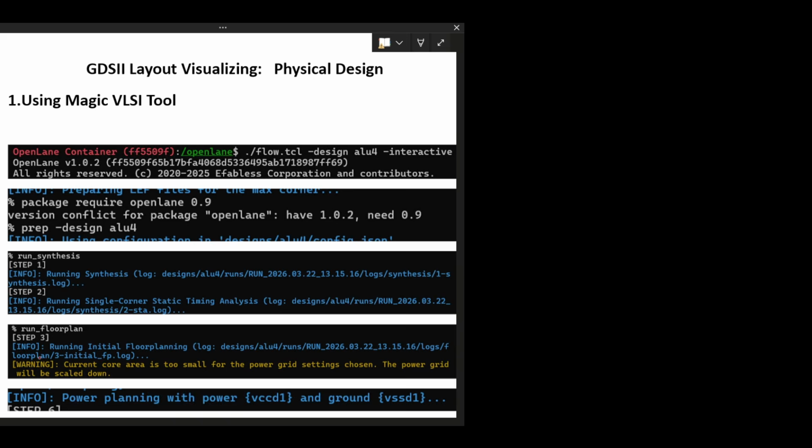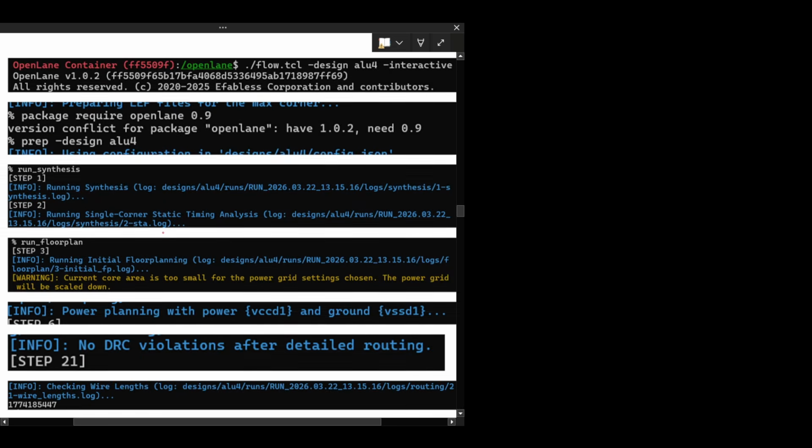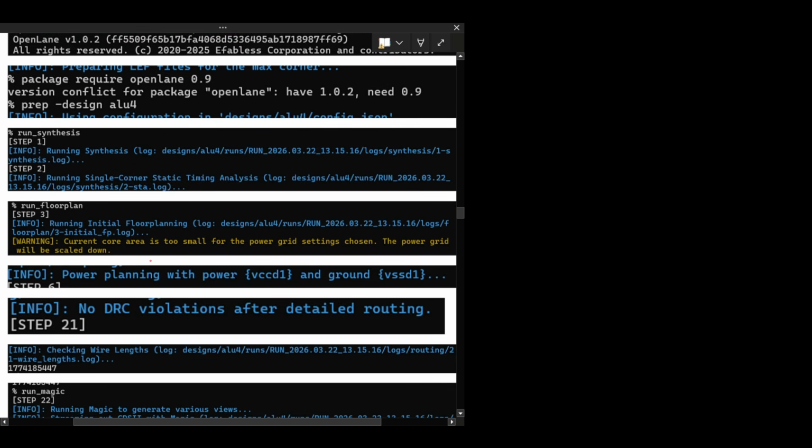In physical design, I use two tools, Magic VLSI and KLayout. To visualize the layout, you can see metal layers VCC D1 and VSS D1 and standard cell placement. After detailed routing, the tool confirms there is no DRC violation.